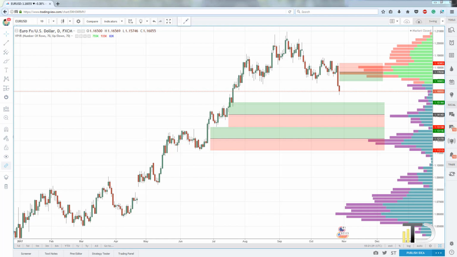As you can see, the euro dollar was in a strong uptrend basically the whole year 2017. For that reason, I think that there were very strong, very aggressive buyers that were pushing the price upwards the whole year. And for that reason, I'll be looking mostly for long trading levels to enter my long positions from. There are 2 levels like that. My first long level is right there at